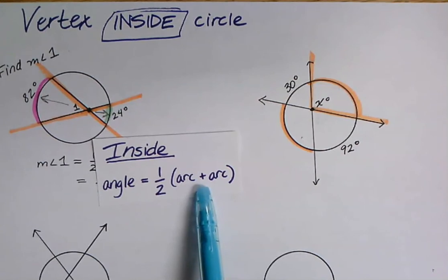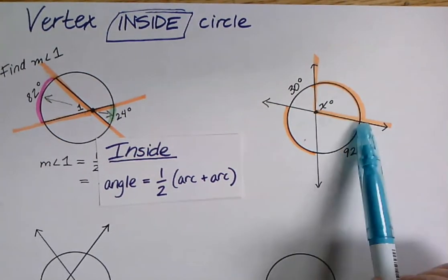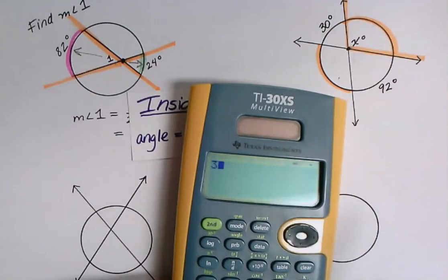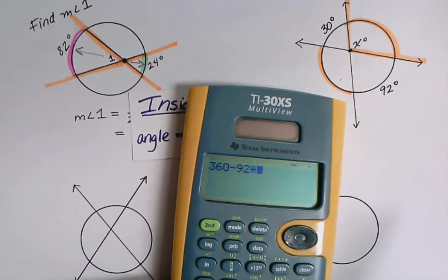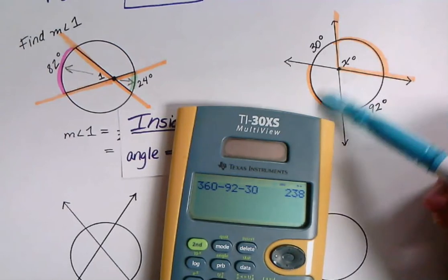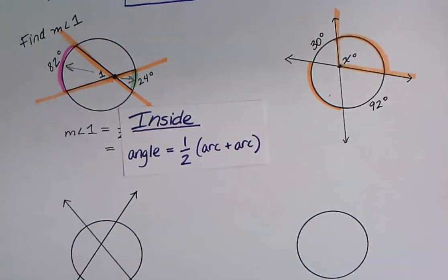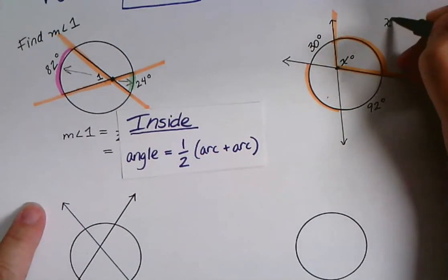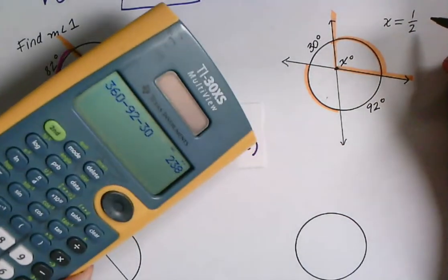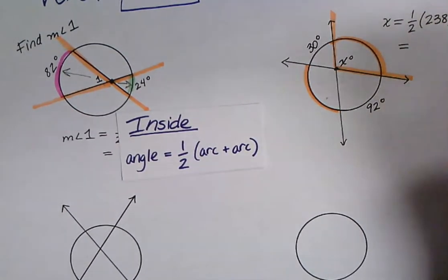their sum. Well, these two arcs are the only thing that's left in the circle if we took the 92 and the 30 out. In other words, 360 minus 92 minus 30. This number is these two arcs put together. The 238 is what these two orange arcs add up to. And that's really all I need to know for the formula. So I can say X is 1/2 the sum of the two arcs we just said was 238. So 1/2 of 238, that is